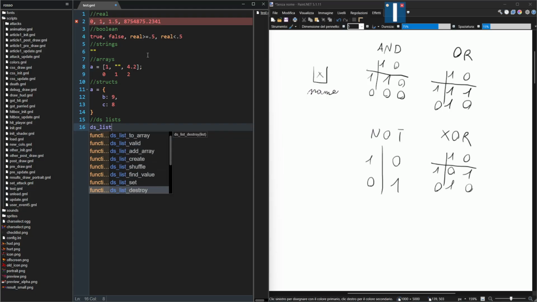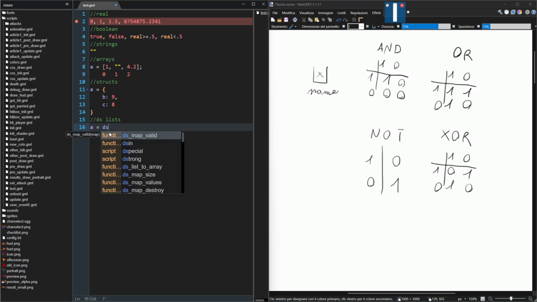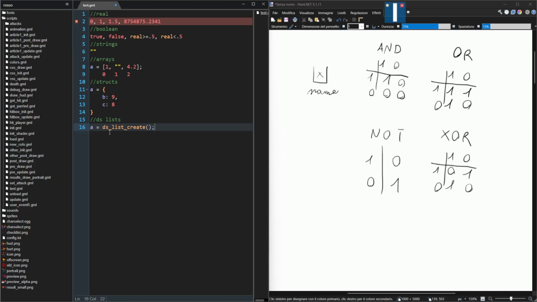So like with this function here. An important thing about the DS lists, they work like arrays. They have indexes for elements. So let's do a equal ds list create. Now, an important thing is that once you're done using them,